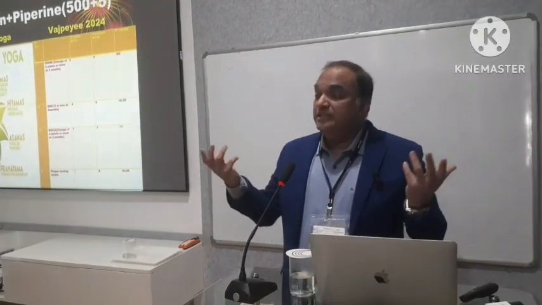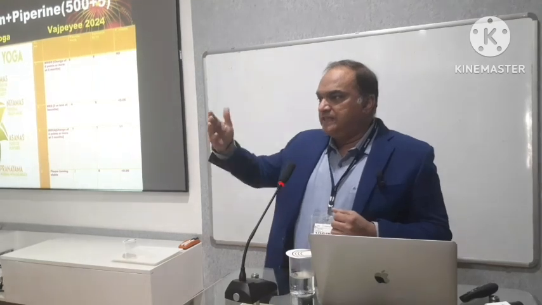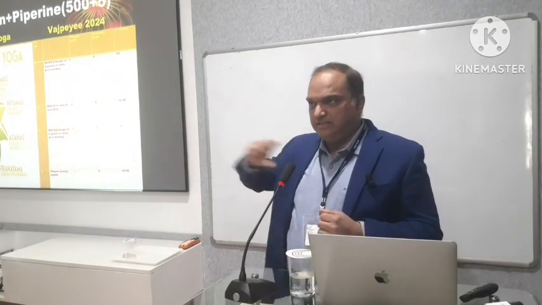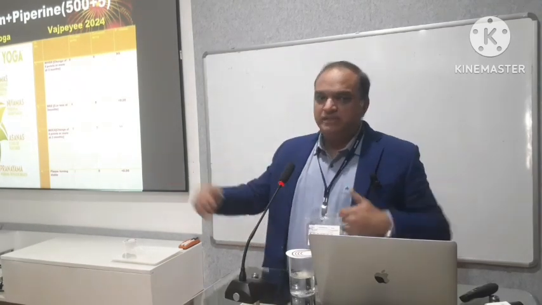Now, how do I know the brain is modulating? The simple thing is, as a neurologist and neuroscientist, I have very simple scales. I have something called psychometric tests. With these tests, you can measure whether your depression, anxiety, stress levels are going down. I have a scale, it's a score, so it cannot go wrong. Then I have memory scales, IQ scales, EQ scales, spiritual quotient scales also. I will use all my psychometric tests at baseline and after 12 weeks.